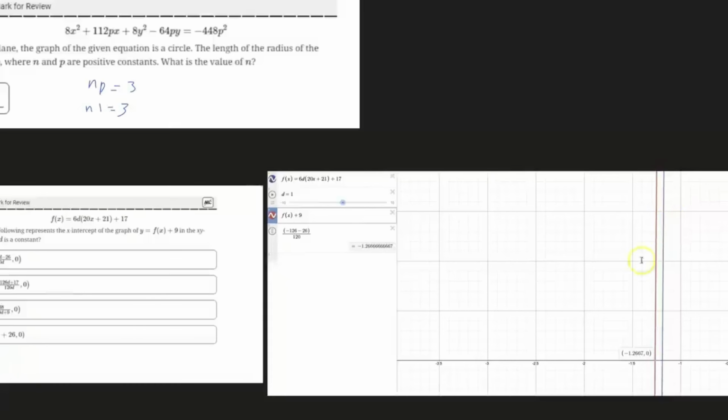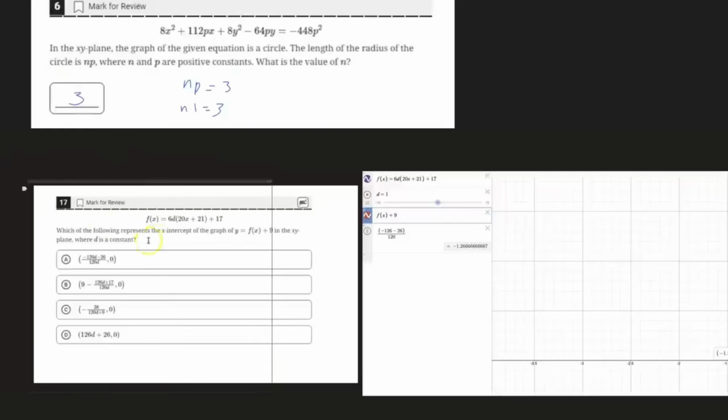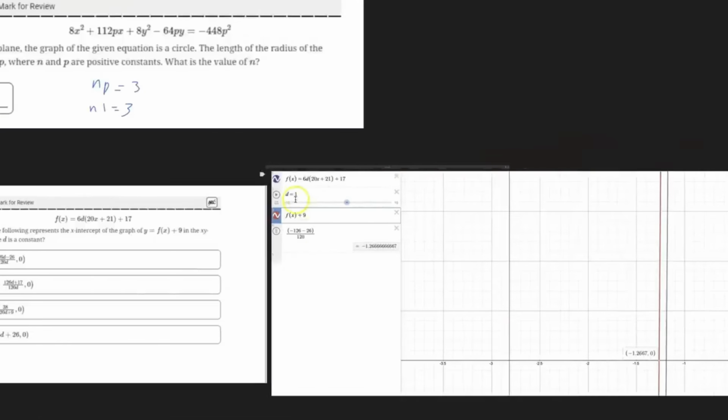We get the x-intercept, but that's not what we want to find. You have to interpret the question. It says, which of the following represents the x-intercept of this f of x plus 9? So there's a transformation. So all we have to do here is, after setting the slider for d, which I just set as 1, so it didn't really impact the equation, all you have to do is just write f of x plus 9, right? That's a transformation they described and applied it right here. This red line right here is going to be that x-intercept. And so you can click on it and it tells you the exact x-intercept. And so now we know that's going to be